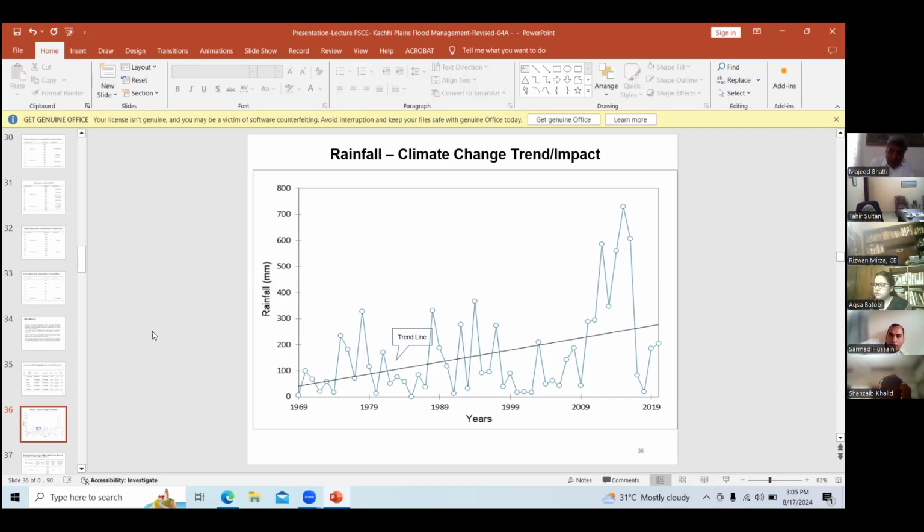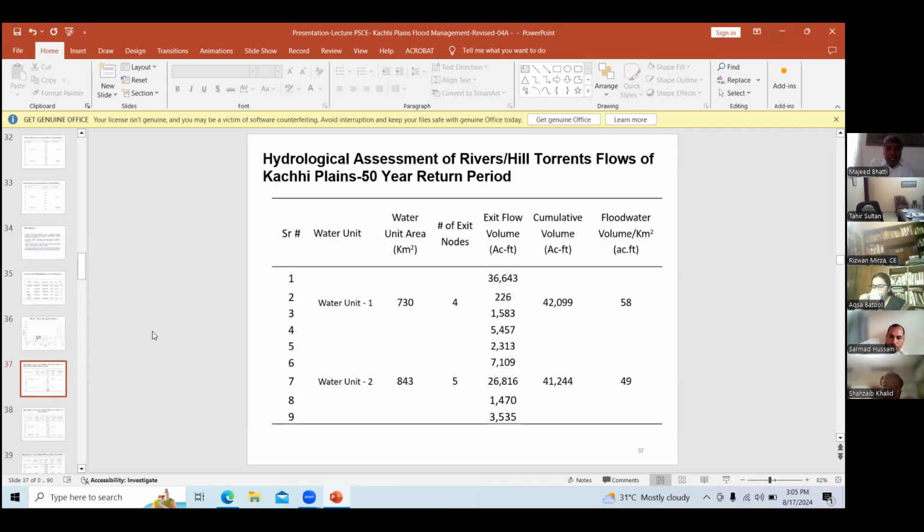So this is a very interesting graph. This is again a water unit and their discharges. You can see the water area is also given in square kilometers. This is interesting information for everyone. The volume is given, and the discharges are also given. The hill torrents are about 31 in the area. I think I can provide you the list later. All the hill torrents have not been named, but the overall discharges have been given.